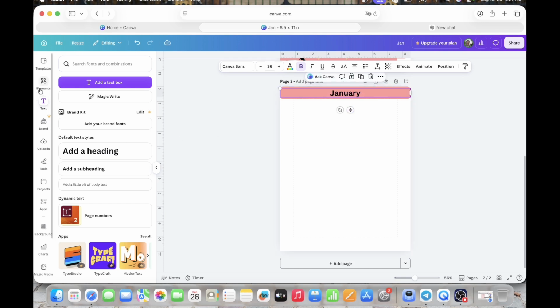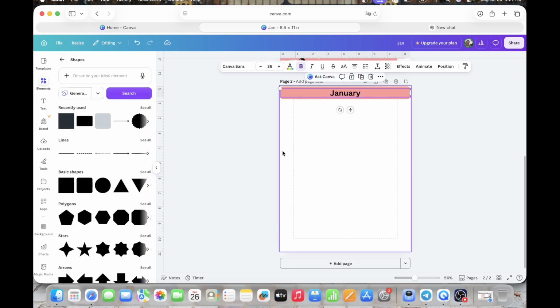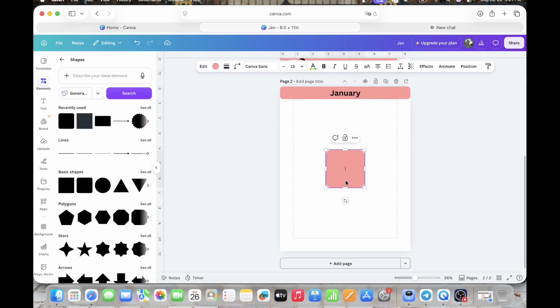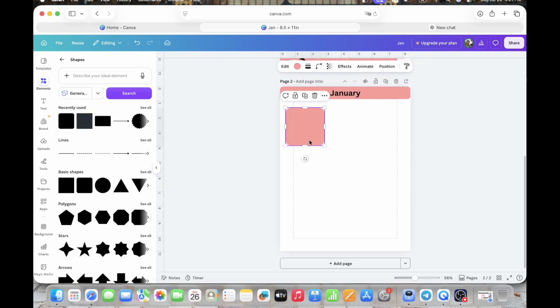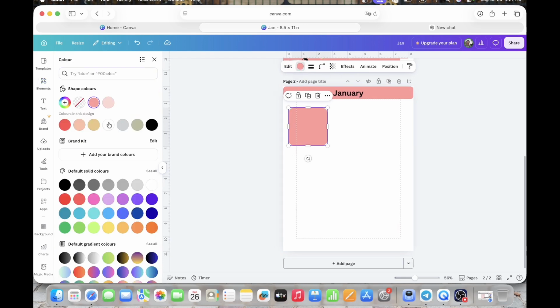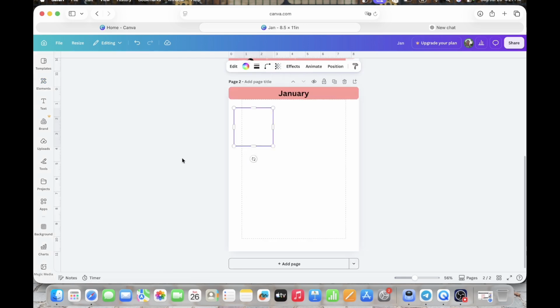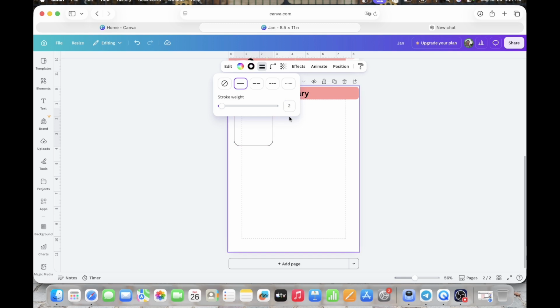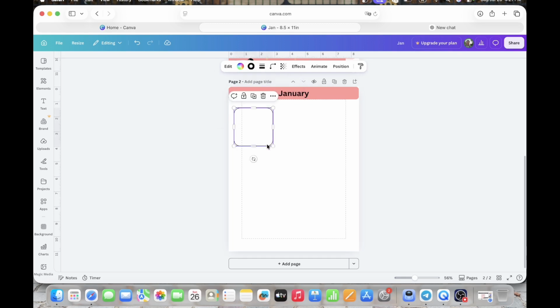And again go to the elements and just choose this one, put it here, change the color to white like this, and then go to the stroke style and just click here 1 or 2. I just put 2, it's better to have a border. And then you can have a round corner like this, but if you don't like it, you can remove this one. And just like this, I think it's not bad. Duplicate it